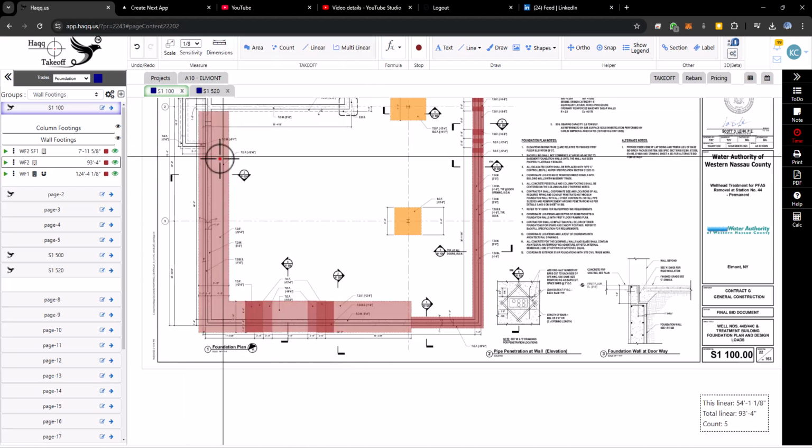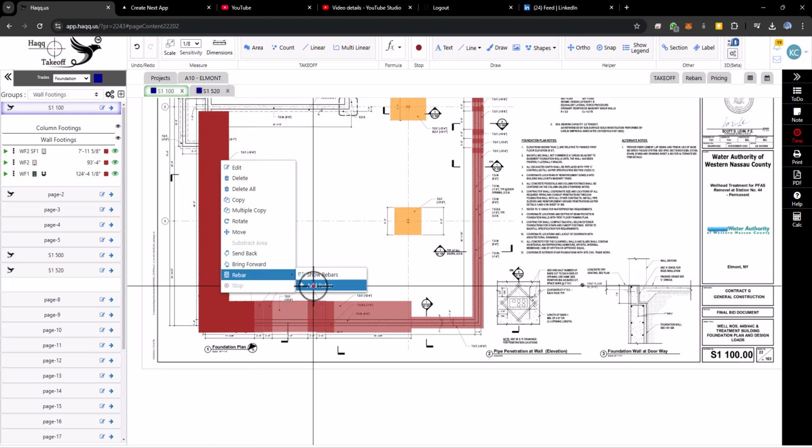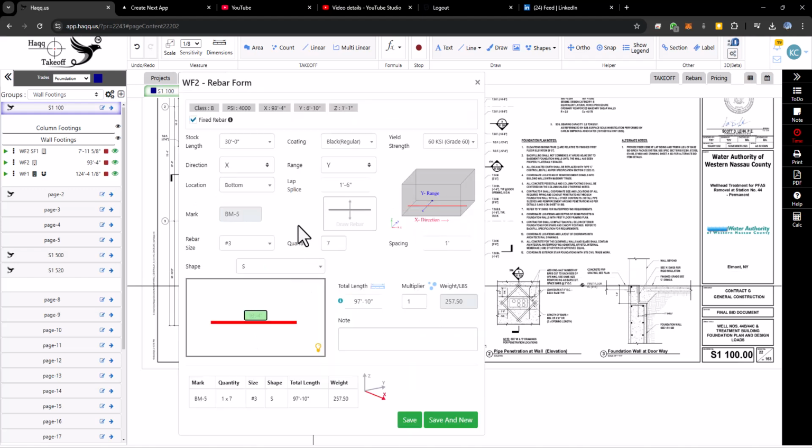Reopen the rebar form for WF2 by right-clicking on it again. Since the takeoff for WF2 is complete, the X dimension is shown as 93 feet and 4 inches. It's important to understand that X is the length, Y is the width, and Z is the thickness for a